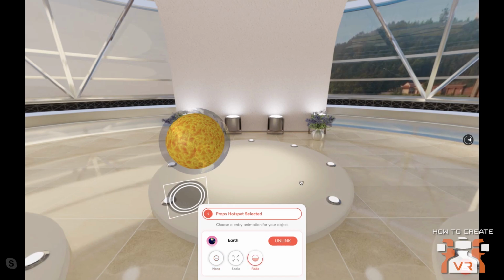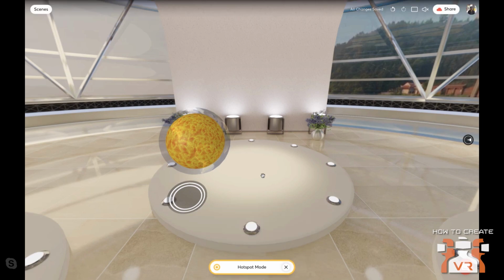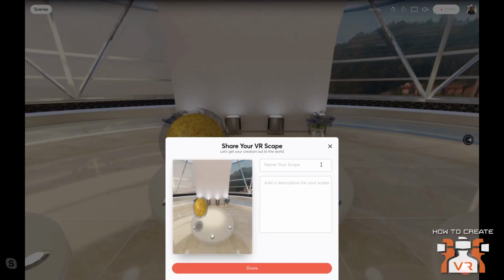And of course, when you link your objects, you get different transitions that you can bring in your objects with when you click on the hotspot. So the hotspot pretty much acts like a trigger, which brings up the object over there with this transition. I'll just click outside, exit the hotspot mode, and hit share right away, just to show you what this whole experience would look like. So let me just call this prehistoric